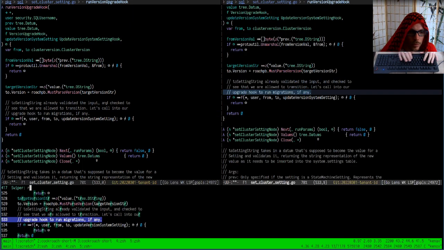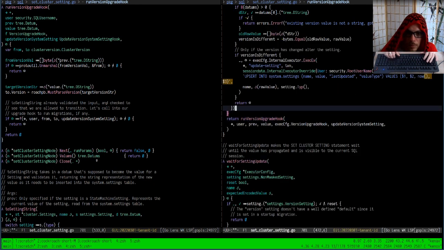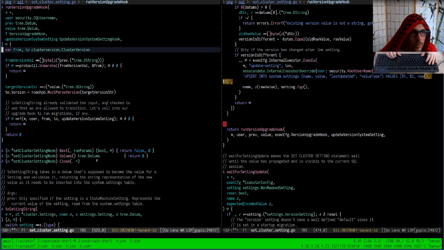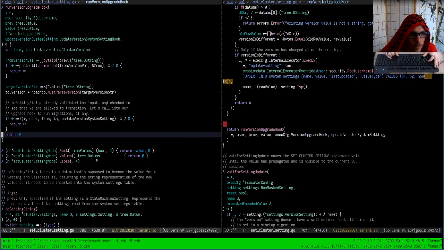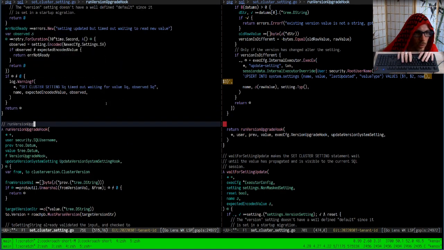I think we can remove this function. Yeah, okay. Run version upgrade hook